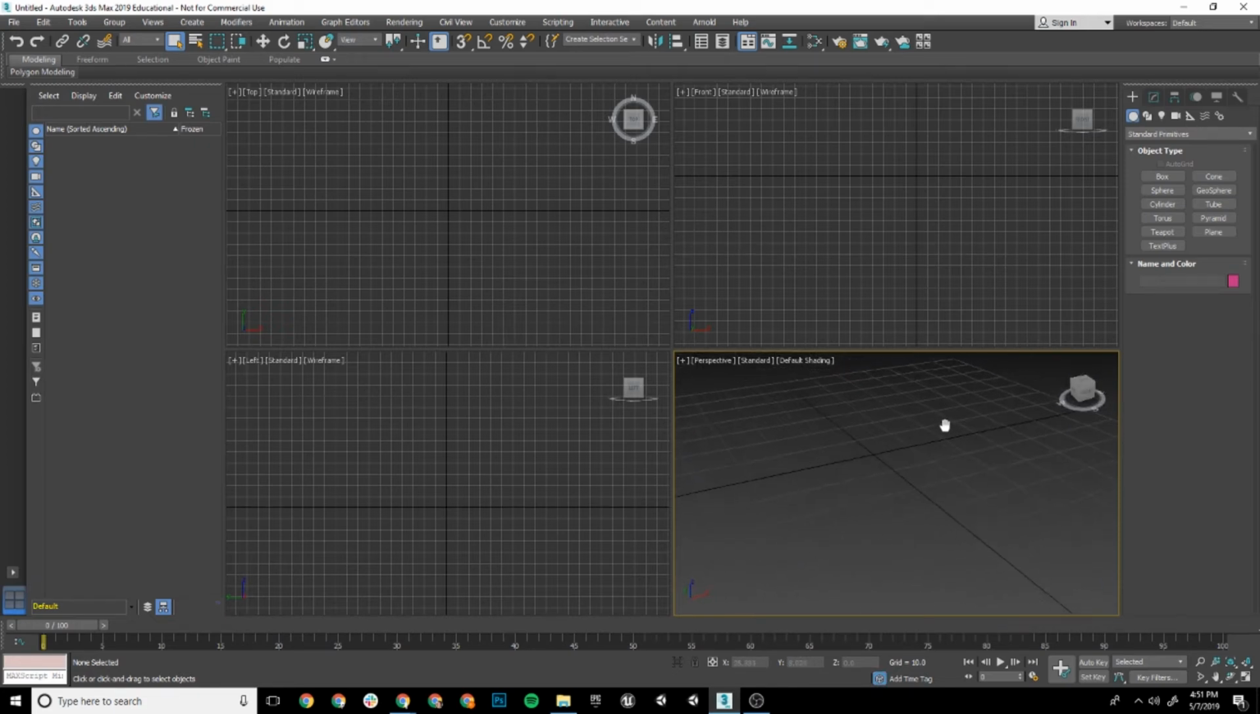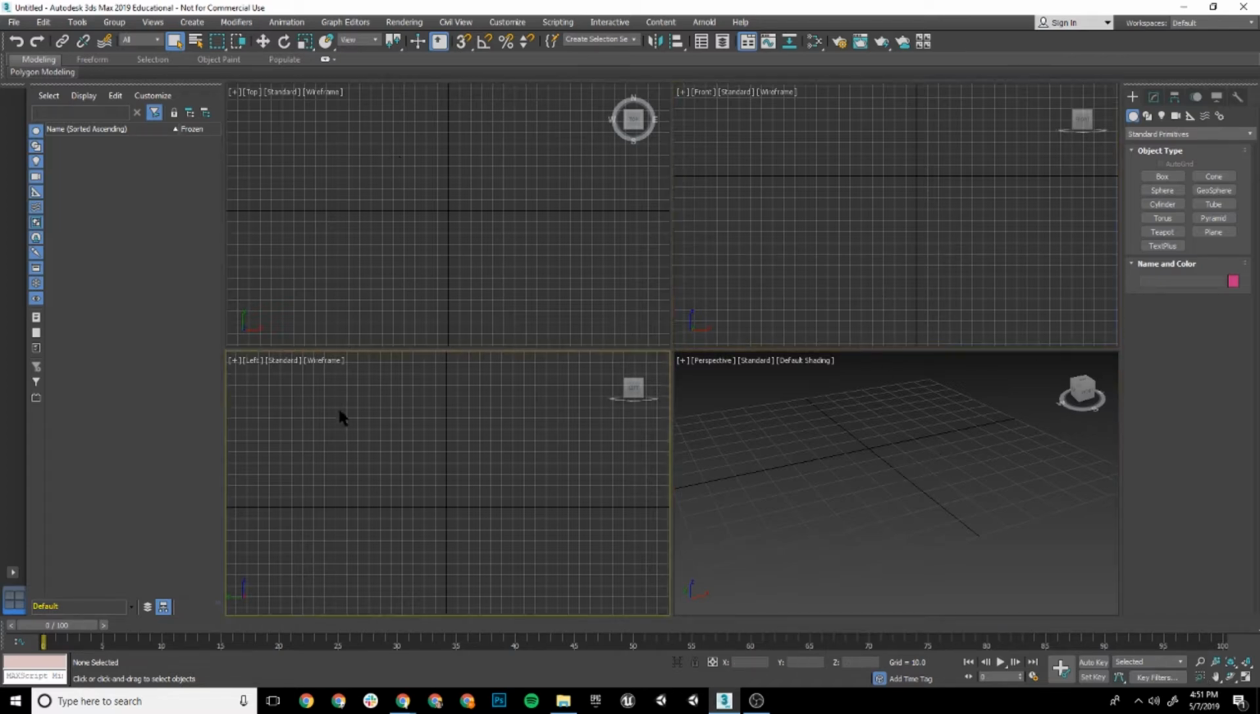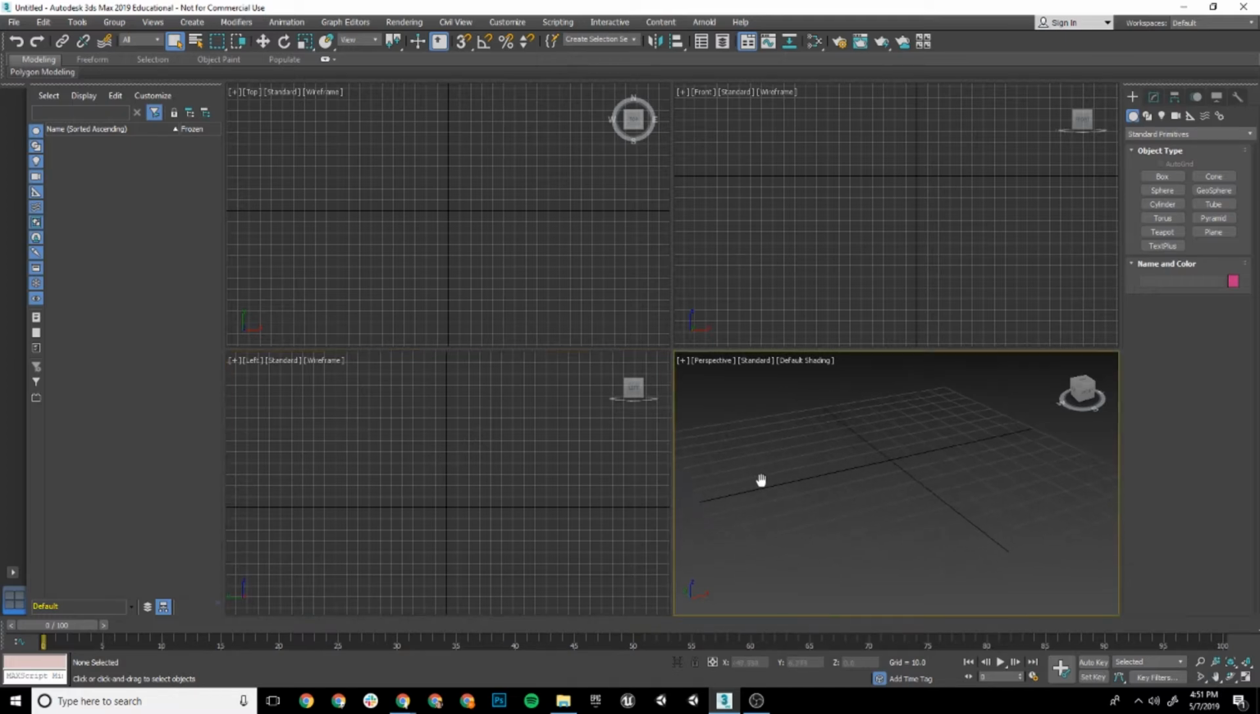Now, the perspective view is sort of my preferred view to work in. However, I can't really work in that exclusively. I'm going to need a little bit more precision, and that's why orthographic views like front, top, and left are really important. However, there's just such little screen real estate here when I want to be doing most of my modeling. So the very first hotkey I want to introduce to you is toggling full screen for your